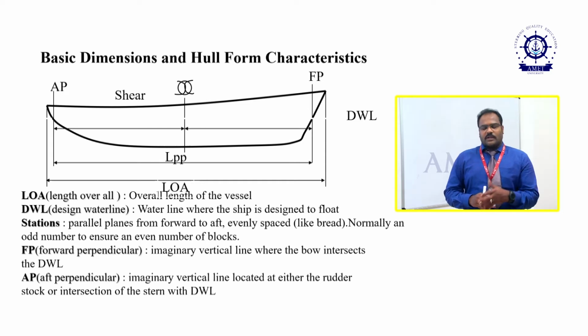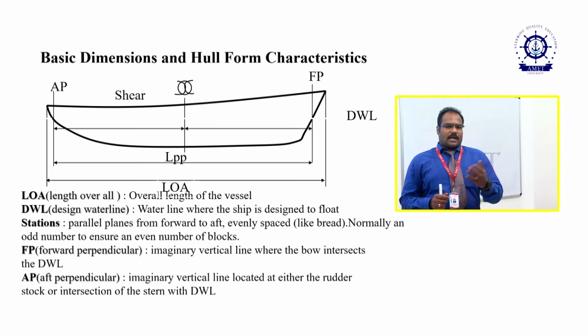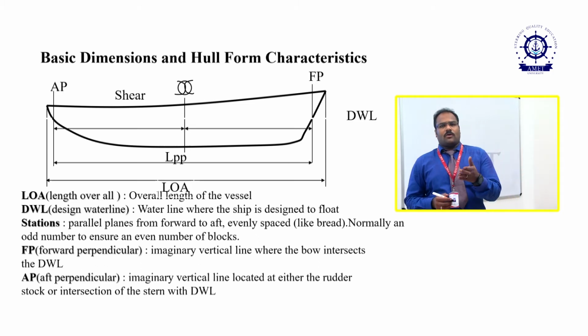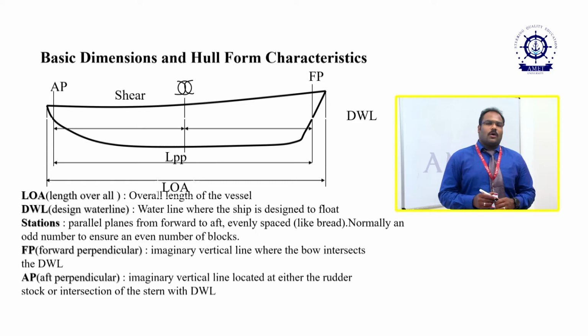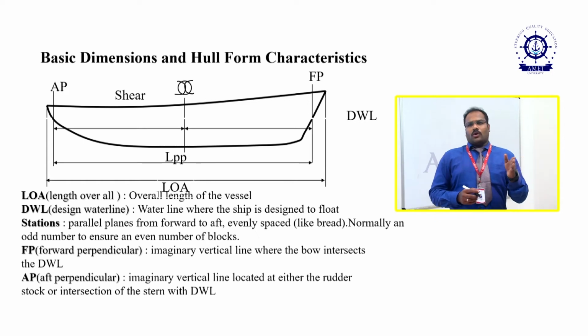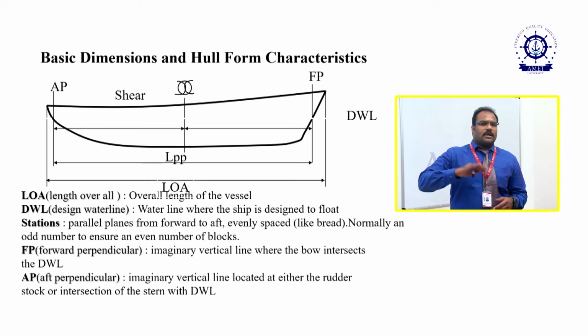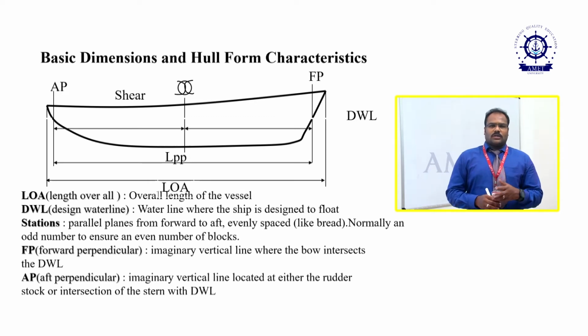Moving on, after that we saw the lines plan. We saw the half-breadth plan, the profile, the body plan and the various X, Y and Z dimensions in them. Then we saw the vertical and horizontal lines and in which layer they appear, which are called the curves, and we explained clearly what those curves are. Now we have seen the table of offsets, etc.